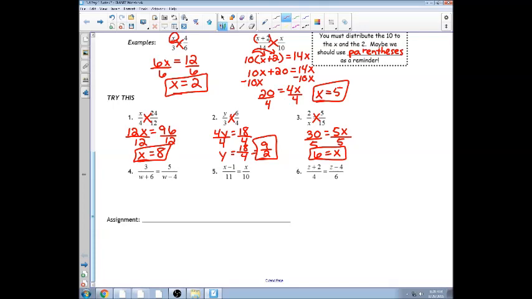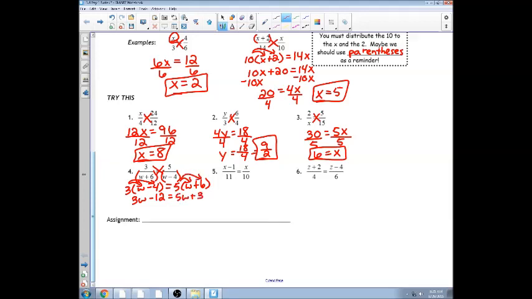Number 4, here I have w plus 6 and w minus 4. This is just like our second example from up above, where I'm going to need to make parentheses around my quantities. So when I cross multiply, what I will have is 3 times the quantity of w minus 4 is equal to 5 times the quantity of w plus 6. Distribute. Here I would have 3w minus 12 is equal to